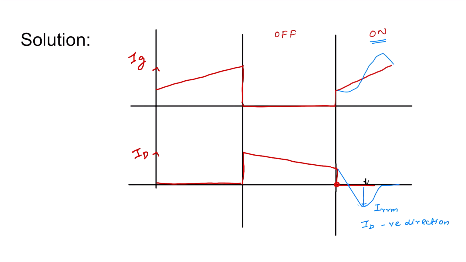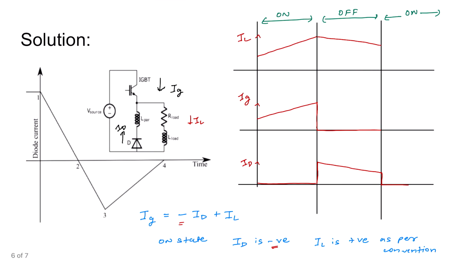So at this point, the point at which the reverse recovery peak occurs, the stress is the maximum. So the point at which the peak occurs is point 3. So the answer is 3.